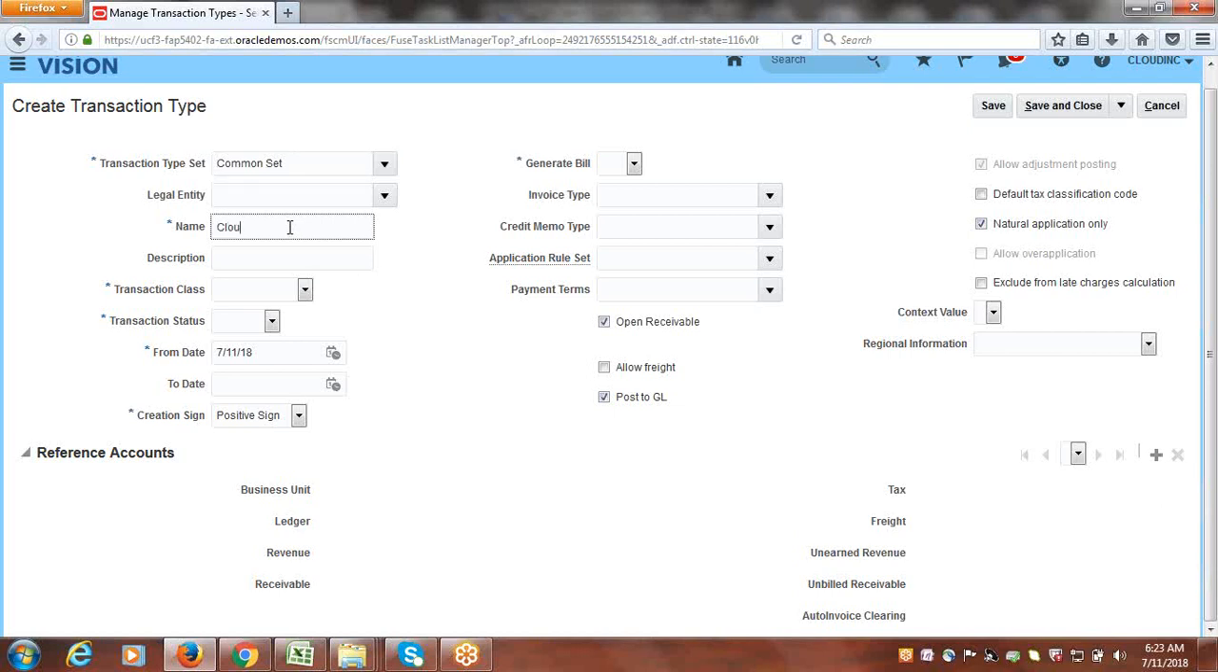Okay. So Cloud Inc. credit memo. Select class as credit memo. For credit memo, creation sign should be negative. Here before that you can set the status to open, and the credit memo sign should be negative sign. And billing set to yes. It will allow you to print it,